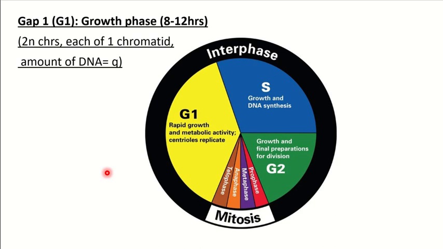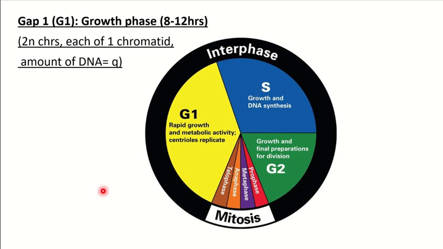Now this phase is the longest phase. In this phase we have intense cell growth and activity, because as I told you, these two cells are small. They resulted from cell division, so they have to go through intense cell growth and activity. The cells increase in size, where the cell volume doubles. All the organelles and the cytoplasmic components, including the centrioles, replicate. The cells prepare for DNA synthesis, so they synthesize all the enzymes required for the synthesis of DNA,